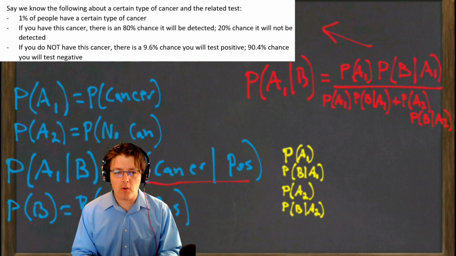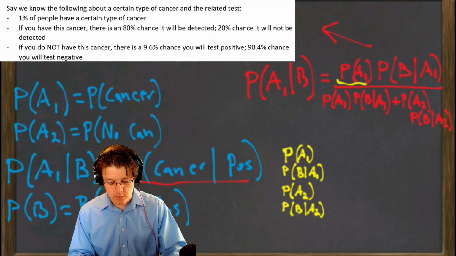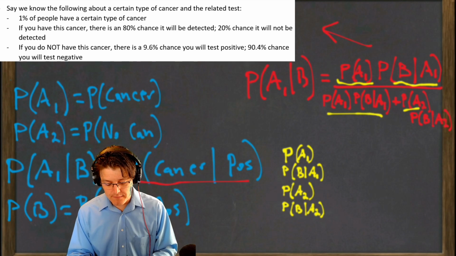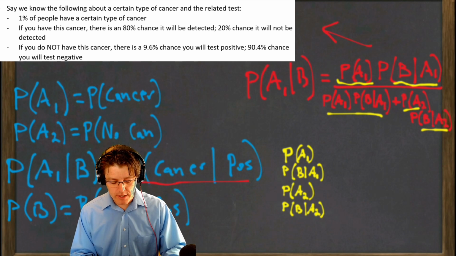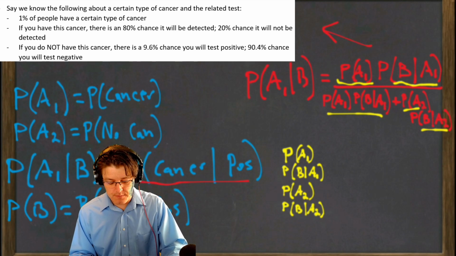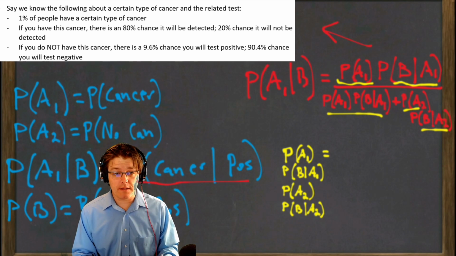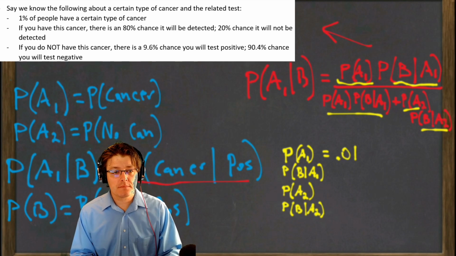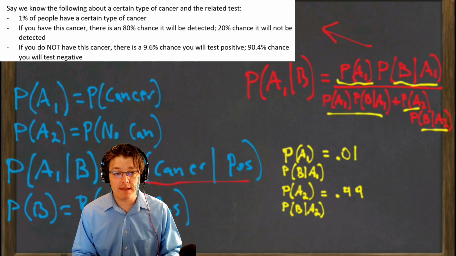Okay, so those are the only four objects that show up here. We have A1, probability of B given A1, that repeats, and then we have A2 and the probability of B given A2. So if we know these four things, we can figure out how scared you should be. Okay, so what's the probability of A1? This is our prior probability, one of our priors. That is that 0.01. Similarly, we know that this is 0.99. That was our prior probability of not having cancer.